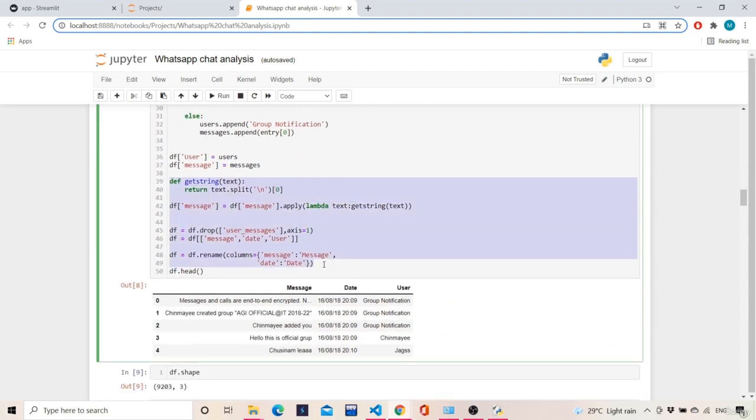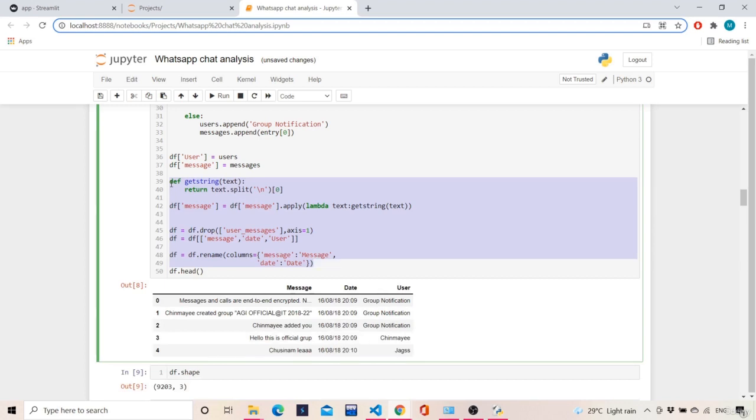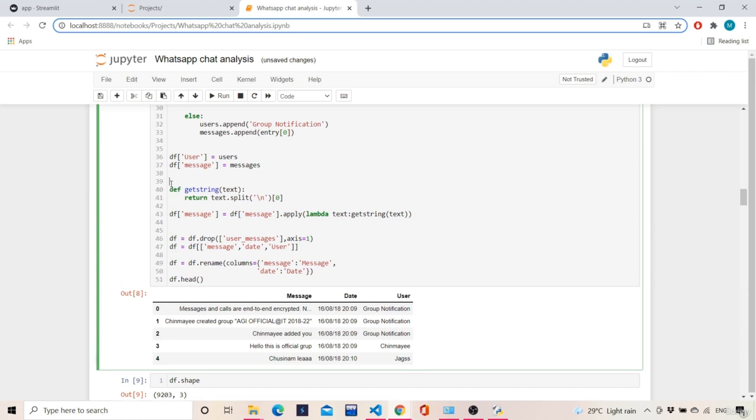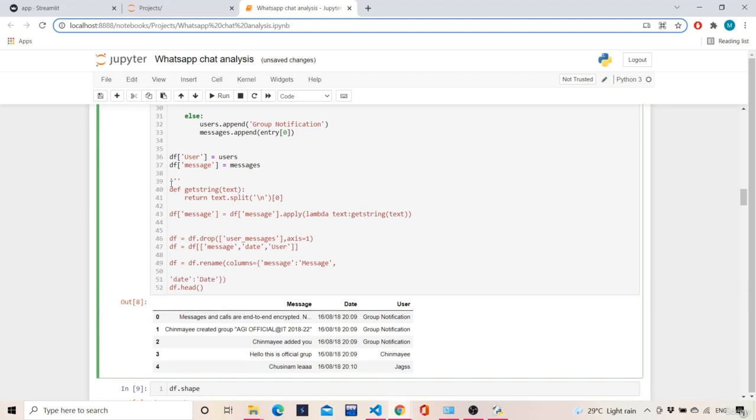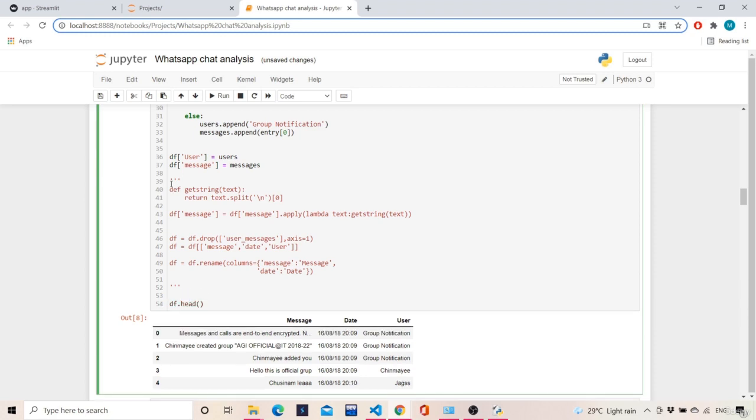So if we just see how this looks, yeah, I just commented this part of the text.